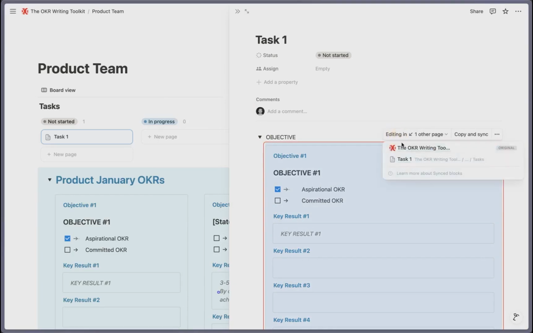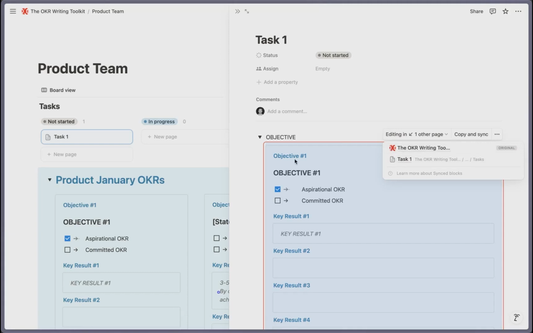You can see where this block lives, and that it is connected to this task. However, maybe this objective is being worked on in multiple tasks. So if you paste this synced block across multiple tasks, you'll be able to see that here. So it's another way of using the synced block feature to help increase transparency across your team and across the